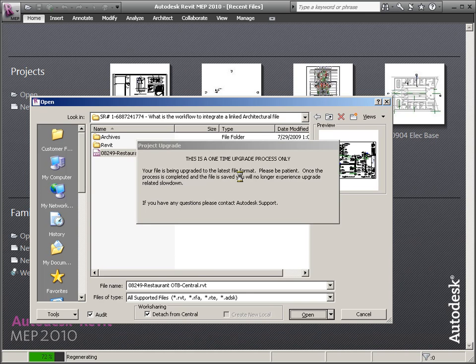So for our purposes here today, I'm just going to go ahead and let this upgrade and continue with our demonstration. I can see I'm running out of time on my video, so we'll continue on video 2. And before we continue to video 2, one other point. Even if there's no risk of them ever linking in your file, you need to ask yourself, do you really want to go through this upgrade process every time